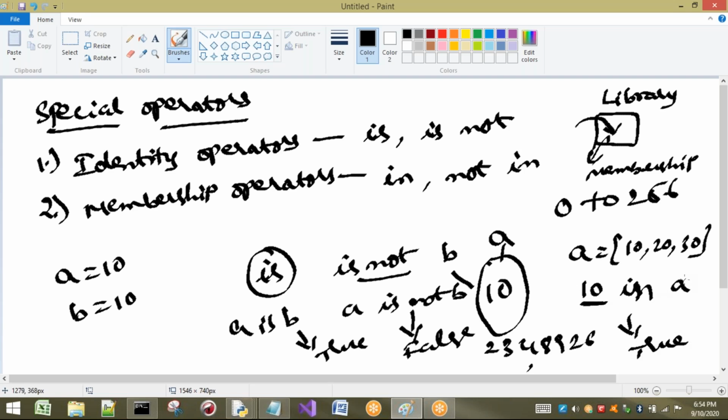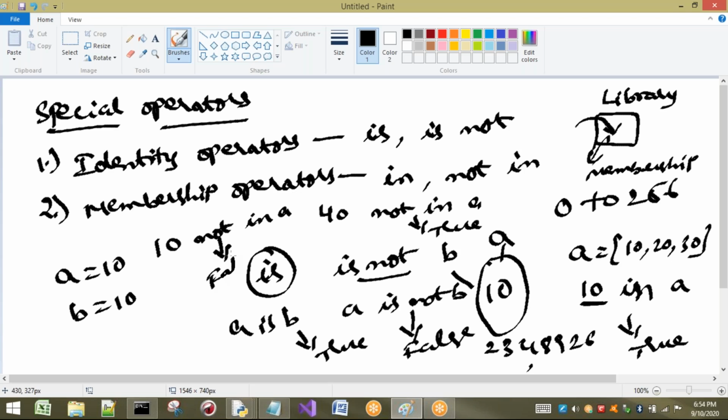Next I am going to take 40 not in A. Is 40 present in A? No, so it is a correct statement, so it is true. For example, 10 not in A: yes, 10 is there, so the statement is false.